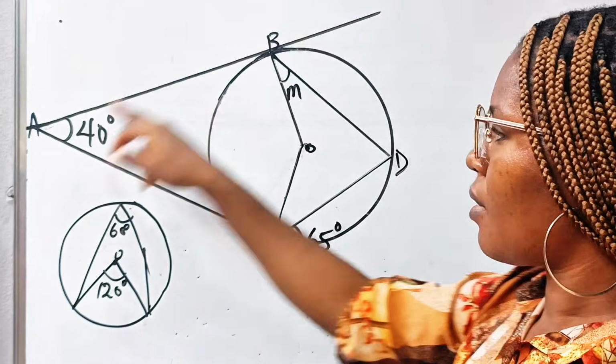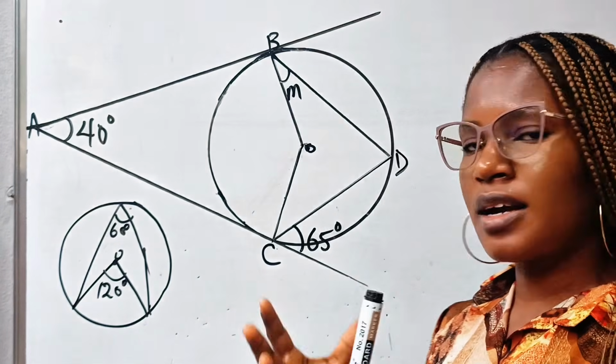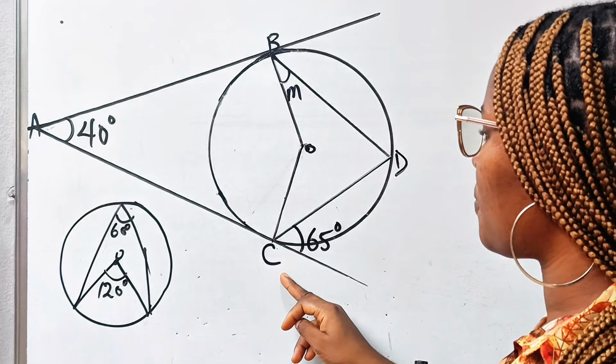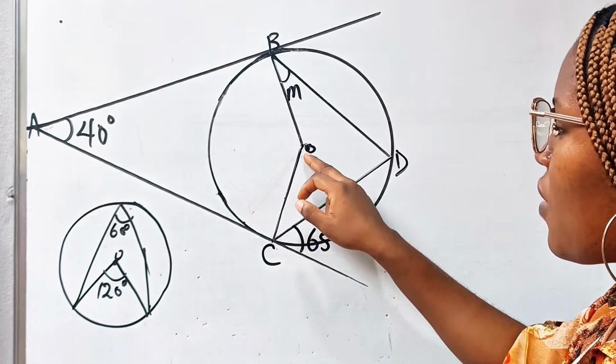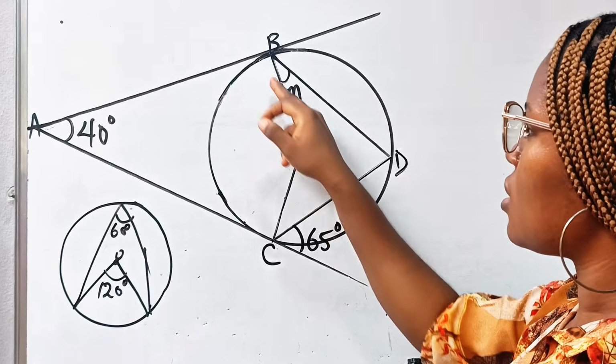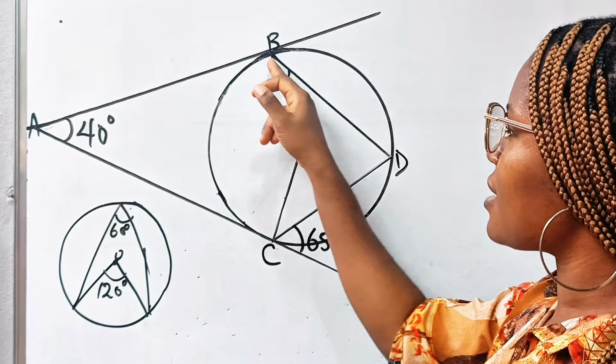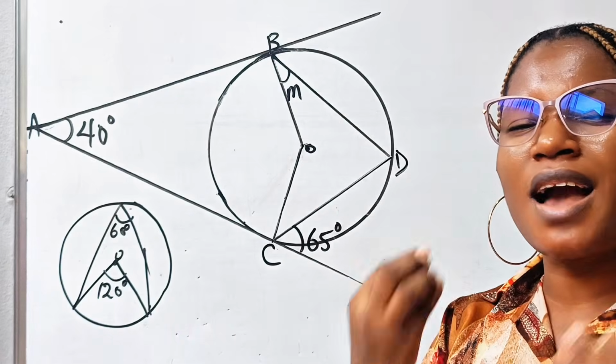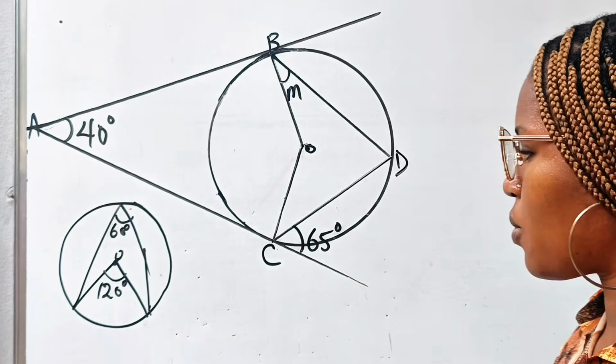AB and AC are tangents to the circle at point B and C, right? And I have a radius coming from the center to touch the tangent at its point of contact with the circle. That is telling me another particular theorem